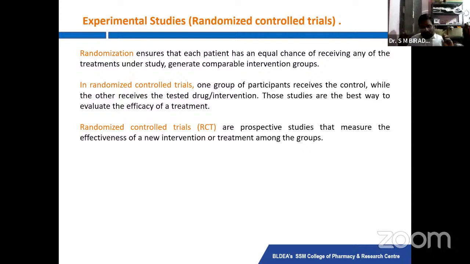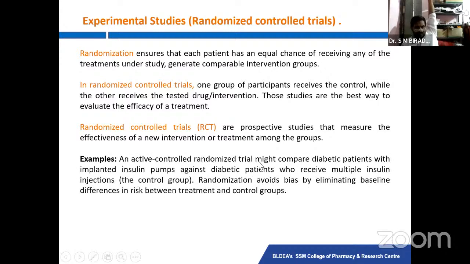But the government says that both the drugs have equal potential to treat the disease. So that's what randomization is, without calculating whether Covaxin is good or Covishield is good. Without categorizing, it is given to the public to randomize: whatever you want to take, you take. So this type of study is called randomization. In a randomized control trial, one group of participants receives the control while the other receives the treatment. After randomization, the next treatment that we have planned for the patient, we continue. So that is randomized, controlled clinical trials.